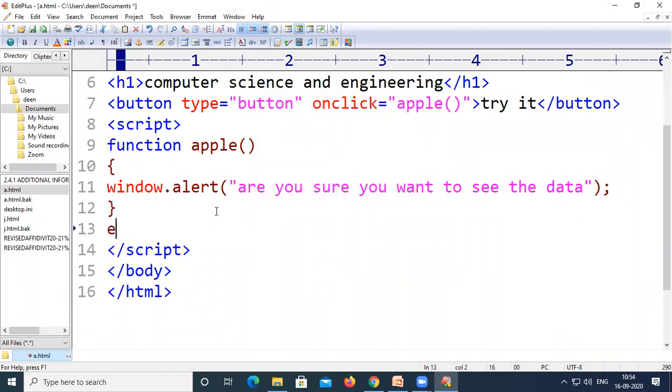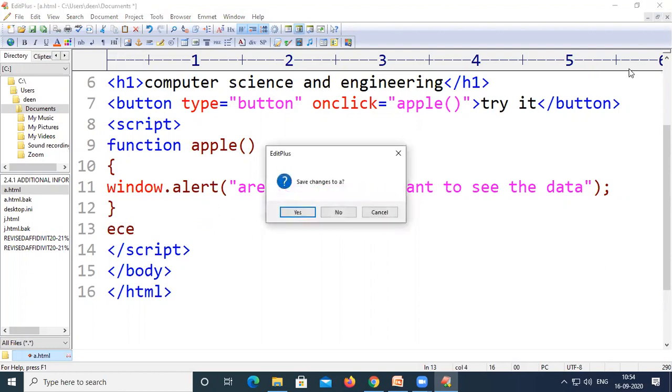Now I made some changes here. So if I click here, a confirmation box is developed, and in this confirmation box there are three buttons. I don't want to discuss this one. This may be developed in some other code. I'm discussing only the confirm message which can be used along with the window.